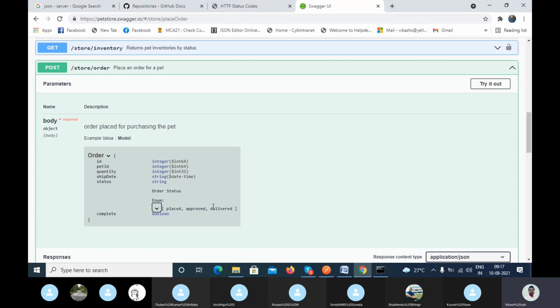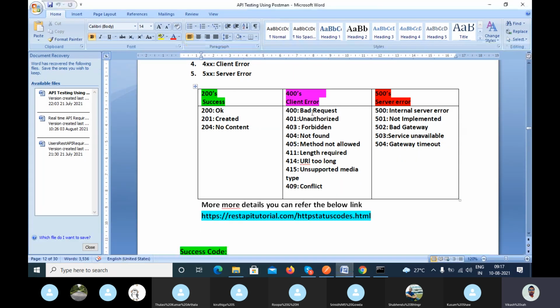If you do not pass the correct value in the status key, then when you connect with the server, you will get 400 bad request.